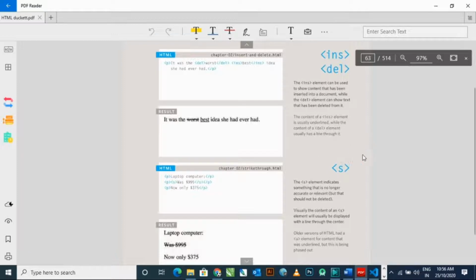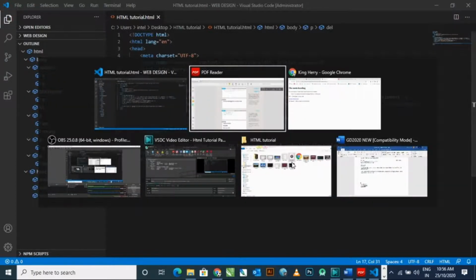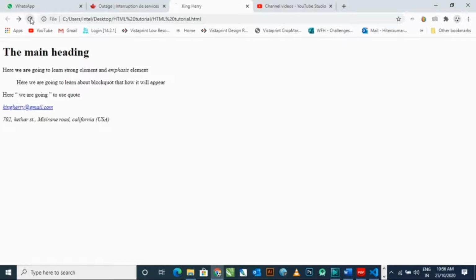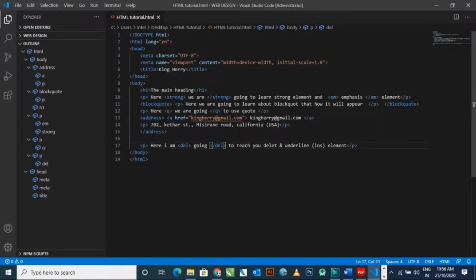So right now I am typing in my Visual Studio Code. Here I am going to delete the word going. I am closing the delete command. Now Control S and I'm refreshing my page. Here you can see the word going is deleted from our paragraph. Now I am underlining the word teach.